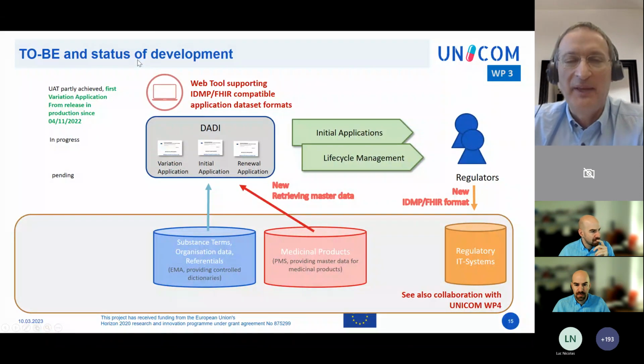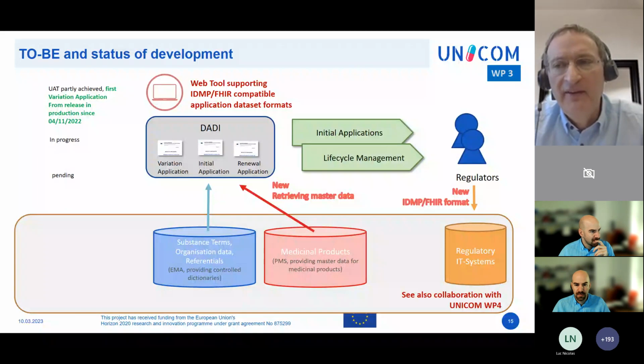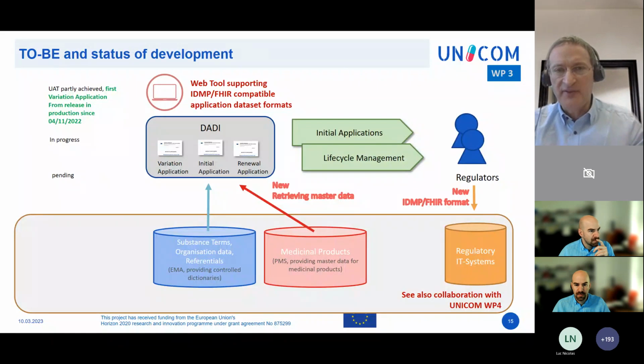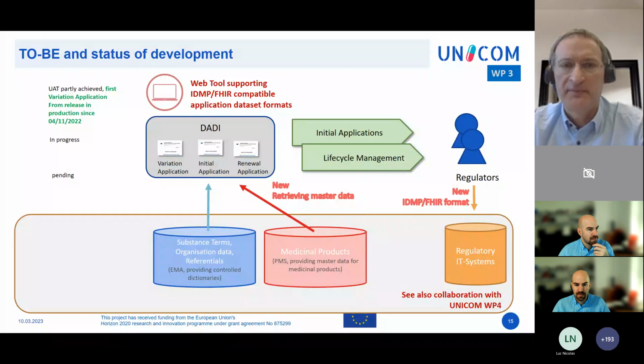So the to-be status will be, we are replacing the PDF form with a web tool. It's like your e-banking system or like other application system that you know from like maybe flight bookings. We will have a very state-of-the-art application tool where applicants will create the application forms. At the end, when they are finished, they will again produce a PDF readable version. So at your agency, you will still be able to humanly read those application forms.